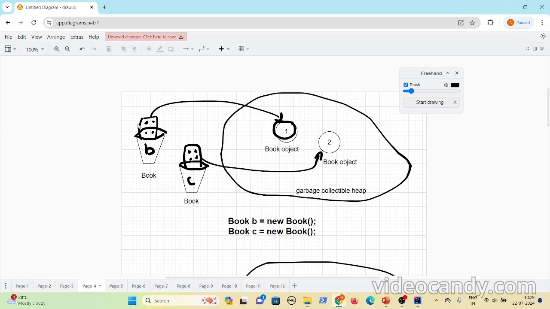Now let us consider this as a remote control, where you will have buttons for each thing. Let's say it holds a remote for the dog object.